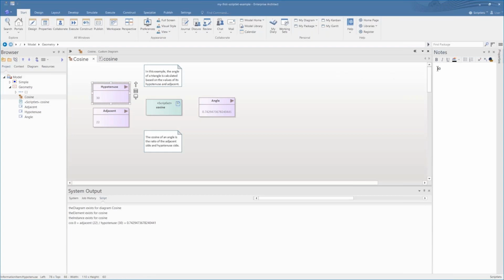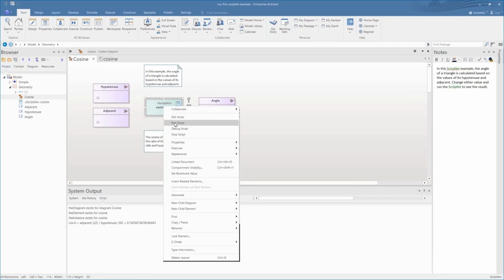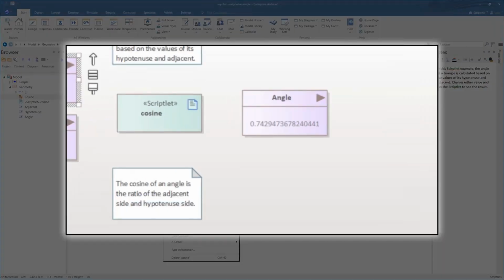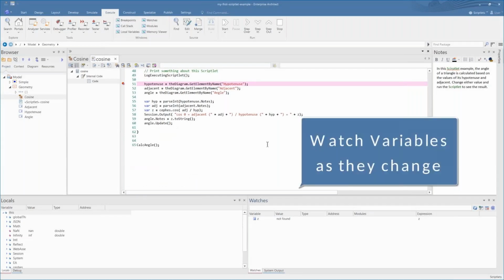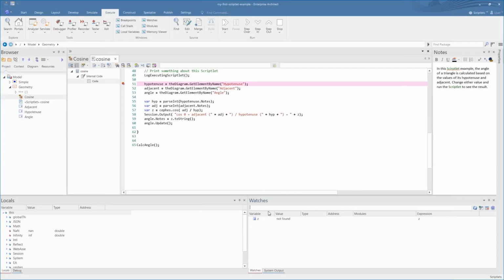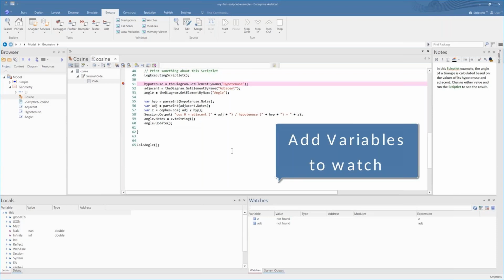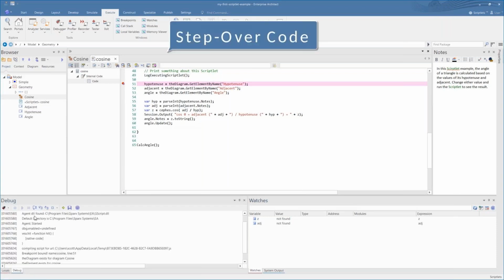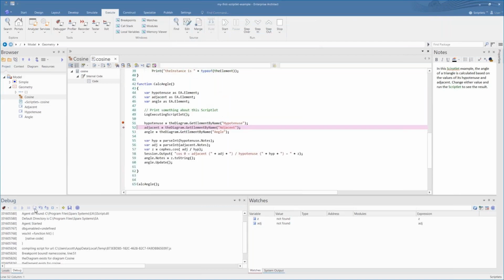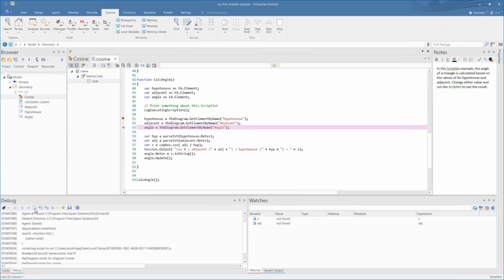Now, the red dot that we created before was our breakpoint. And so now, rather than running the script, I'm going to select debug the script, and execution is halted on my breakpoint, which is represented by the red dot. And on the right-hand side, I've added a watch for the variable Z and adjacent, and you can see at the moment, these values aren't found because we haven't run them yet.